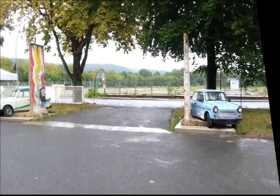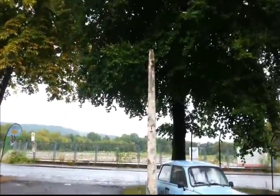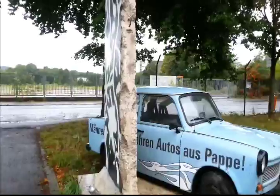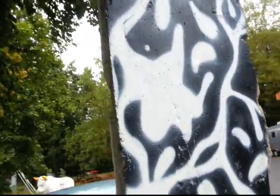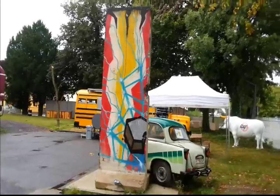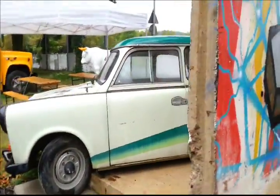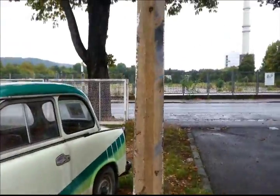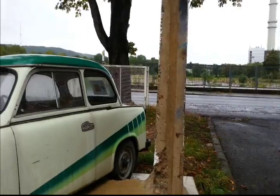I just noticed this. The entrance is made of old parts of the wall. I don't know where they come from. I would love if they told you where they actually came from. But that's kind of awesome and incredible. I mean, I wonder, who knows where they're from? But that is definitely something I would like to